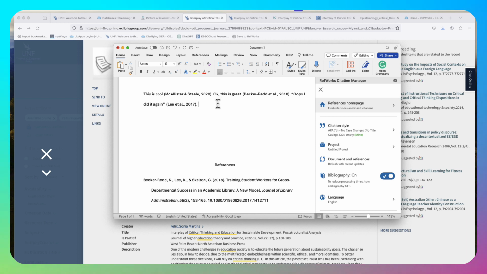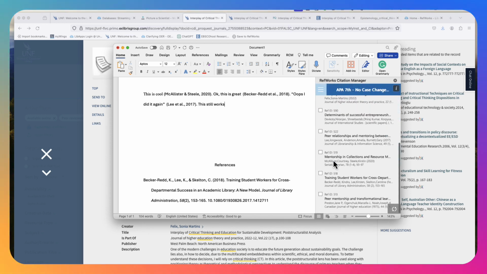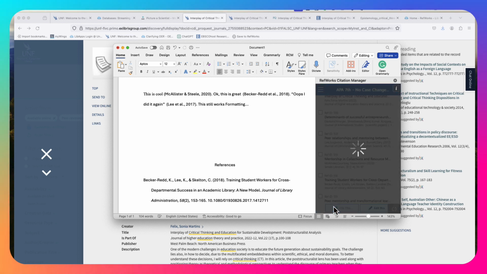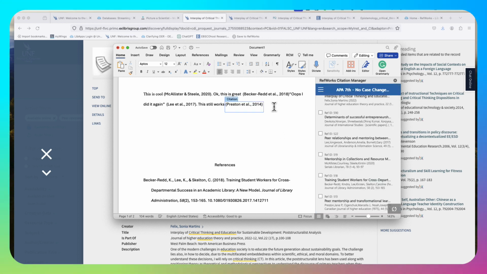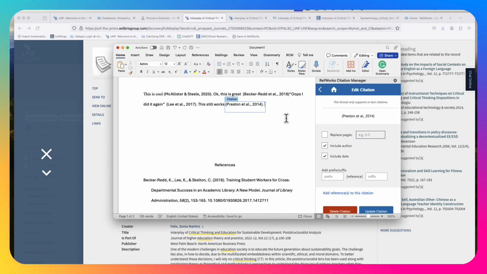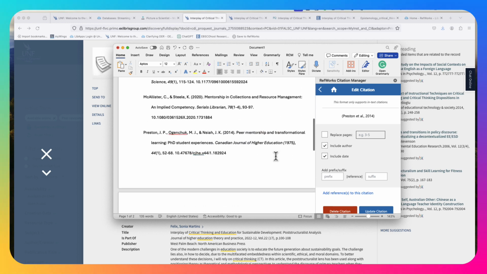There we go. So this still works. Let's see if we make a difference here. I'm just going to take this article right here. There we go, Preston. And you can see it still will add that right in there for you.